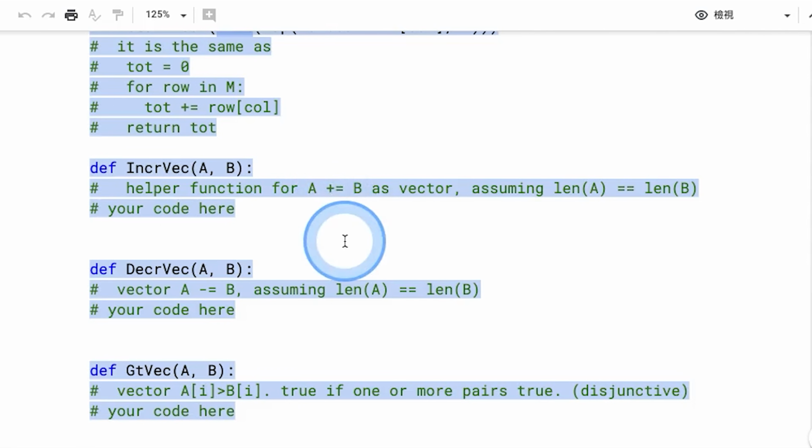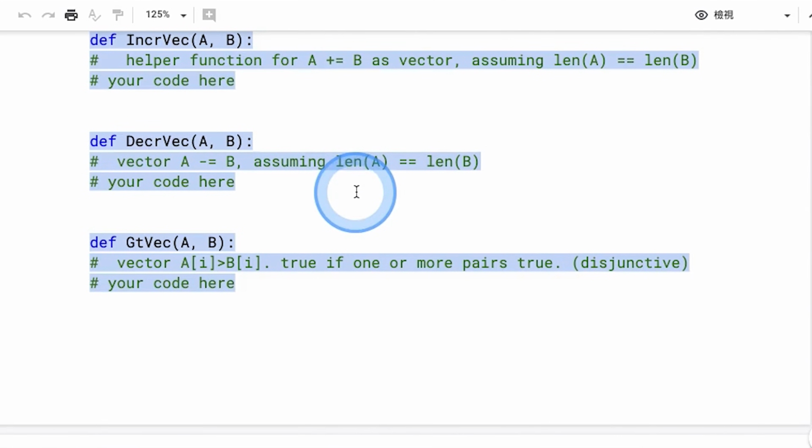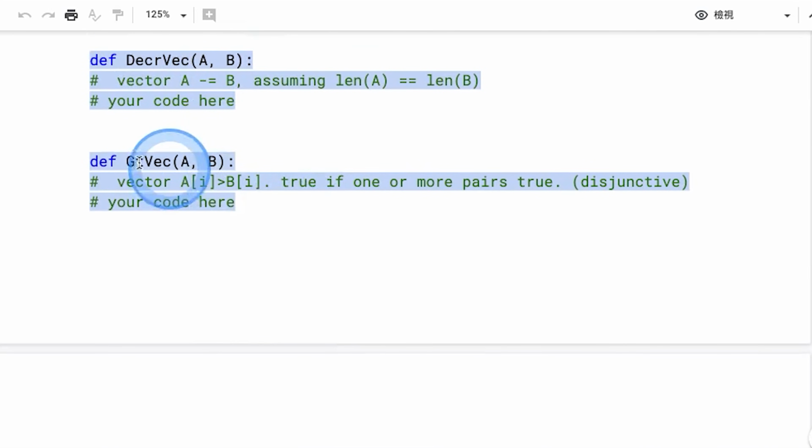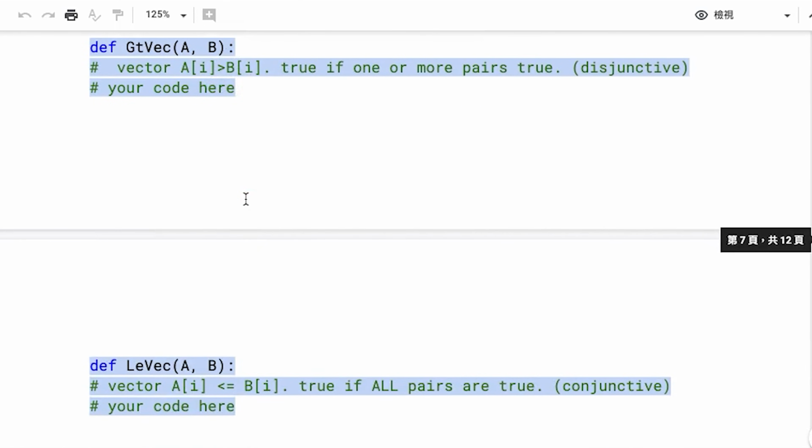If you try to do the plus equal operator in Python, guess what happens? Well, it makes a new list that's the concatenation of the two. So that's not what you want. And decrement, minus equal wouldn't work on lists anyway, so you need a function for that. Check for greater than or less than or equal, depending on which one you want. That's to see if you can fulfill a request.